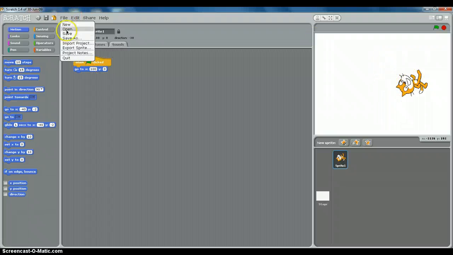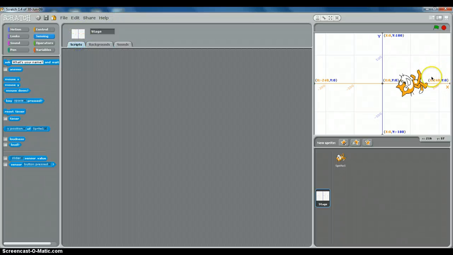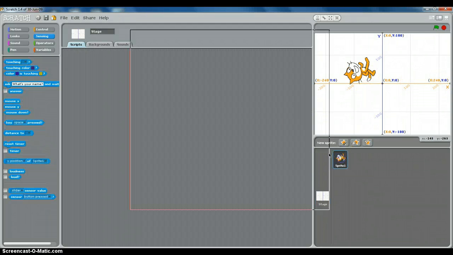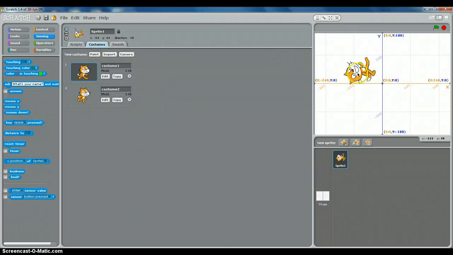So if I open the XY grid, you can see what the coordinates are. 100 is over here, 200 is over here, and stuff. Okay? Oh yeah, and when you want to make this look different, you can go to